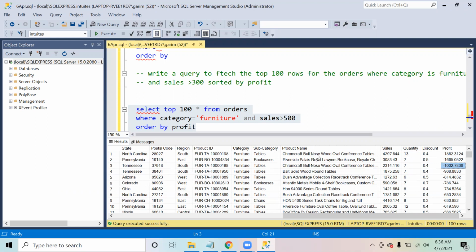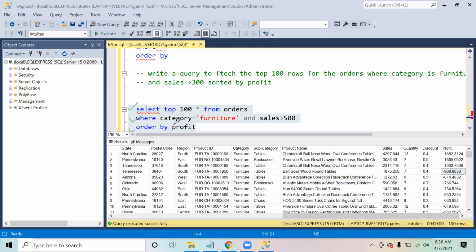Now over here, I'm going to tell you something which is very important to understand. If you see the query that we have written, first of all, we have written select, then we have written where, and then we have written order by. Now we will also be adding some more clauses to it, like group by and having, which we will be learning today. And I'll update the syntax over there.